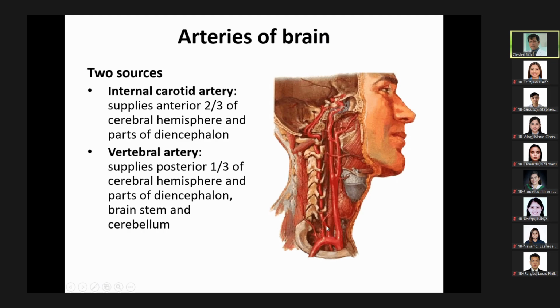Okay. So also from the subclavian artery, okay, branch of the brachiocephalic, will come the vertebral artery. Okay. So the vertebral artery supplies about 1/3, okay, of the blood to the cerebral hemisphere, while your internal carotid artery supplies a greater 2/3, okay, of the blood supply to the cerebral hemisphere. If you will follow the vertebral artery from its point of origin, the subclavian artery, you will notice that its course is almost vertical, no? Upward